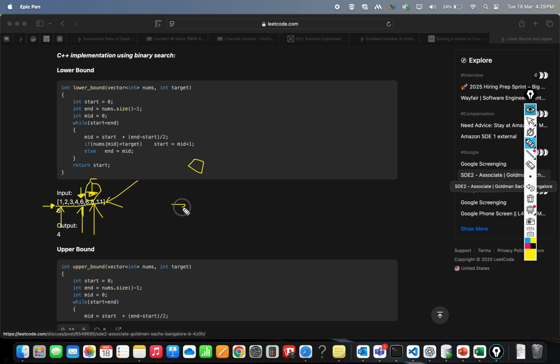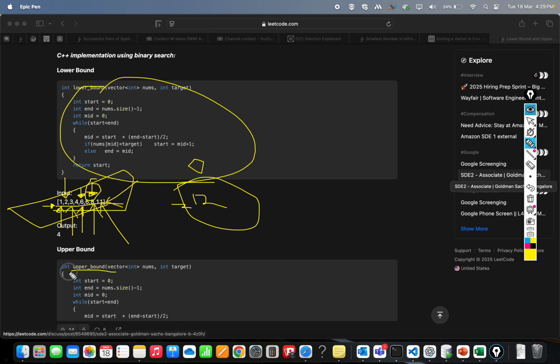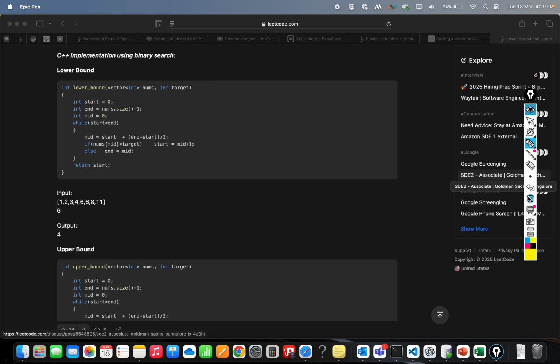If we ask 2, lower bound will return 2 because 2 is present, but upper bound will return the next greater element, so upper bound will return 3. If we ask 12, both upper bound and lower bound will return 11, the last element, if the given element is greater than the last element, right? So this is what upper bound and lower bound are. This is the implementation of our lower bound. This is the implementation of upper bound. If you want, we can discuss it in some other video. Okay, so